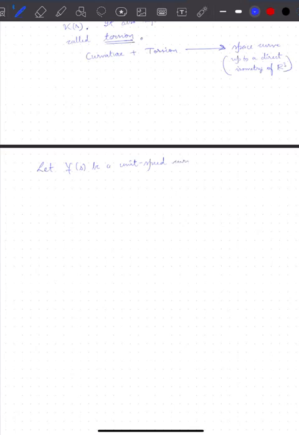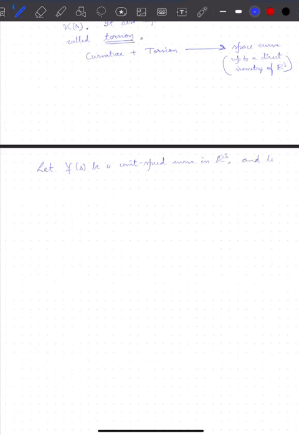Although, knowing that it's not very easy for all curves, of course, every curve does have a unit speed parameterization, that is guaranteed, but many a time finding it explicitly is not an easy job. Okay? So let gamma be a unit speed curve in R3,